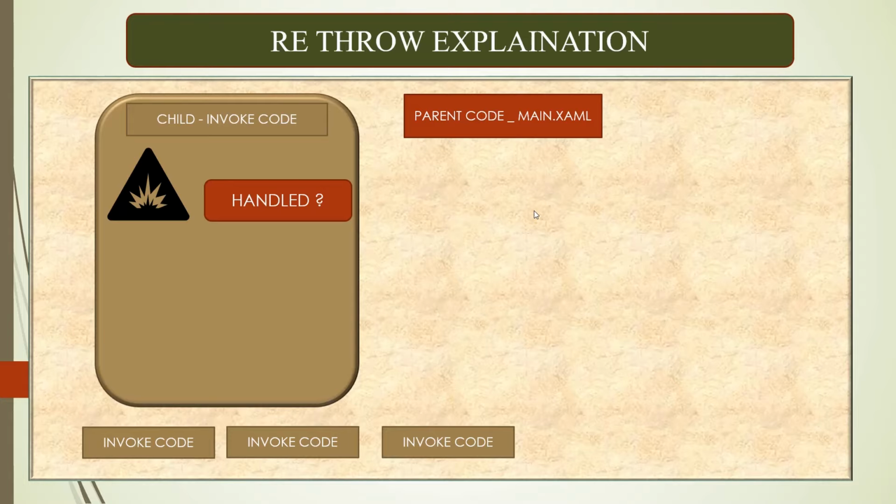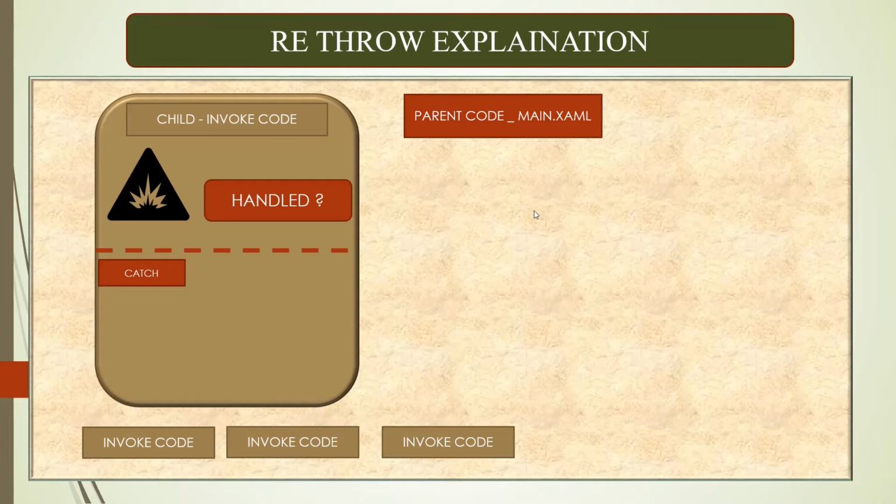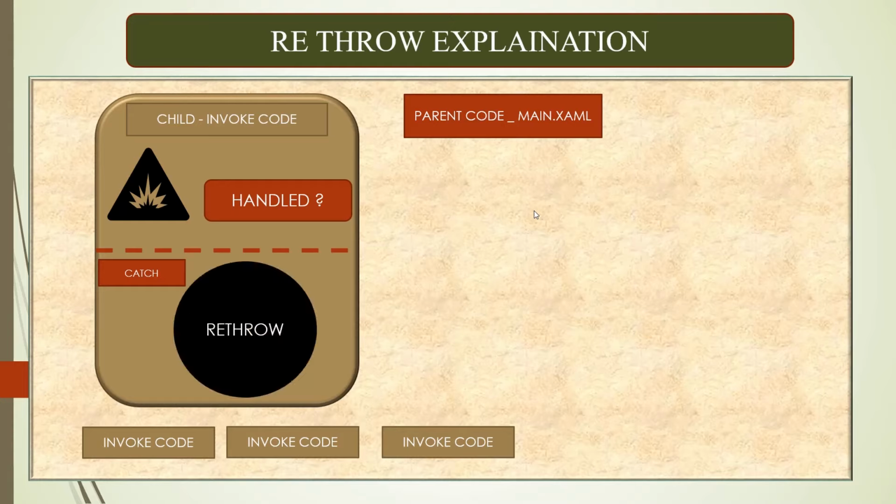So if it is handled, first of all, the exception should be handled. Then only you should be able to rethrow it. Just think, if you are not having any try catch block, what will you throw if you do not have any exception? So if the exception is handled and you handle it, well and good. If you are not able to handle it, you always have an option to rethrow that exception, and as soon as you rethrow it,